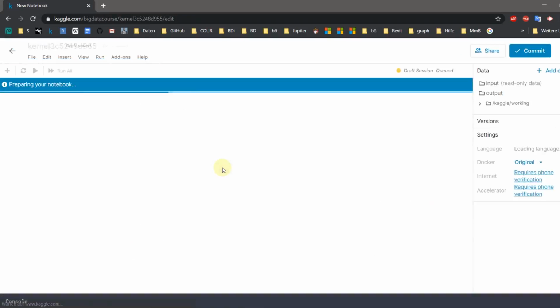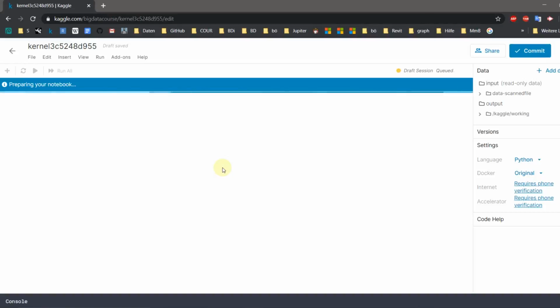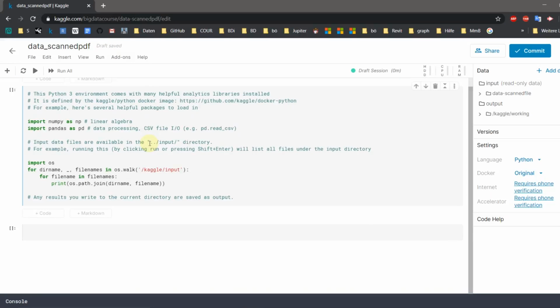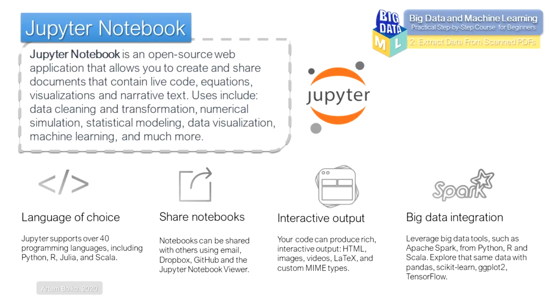So, to work with data on the platform, we need to create a new Jupyter notebook. The new Jupyter notebook has already uploaded our data. The Jupyter notebook is an incredibly powerful tool for interactively developing and presenting data science projects. Jupyter Notebook is an online IDE, different from a classic IDE by a large number of libraries already installed, and it can bind in visualization and work with the code. You can read more about Jupyter Notebook in the article at the link attached to this lesson.